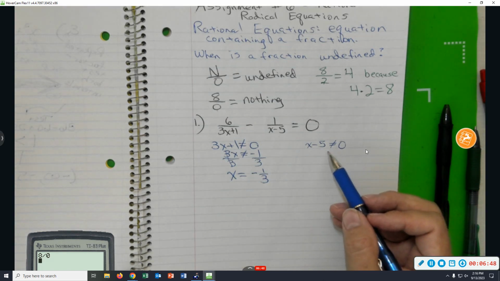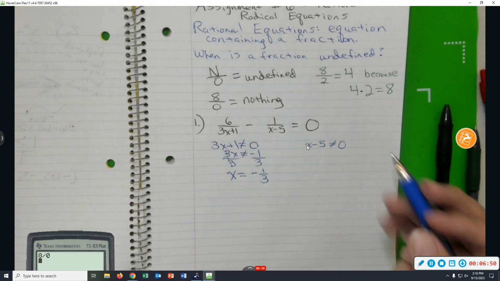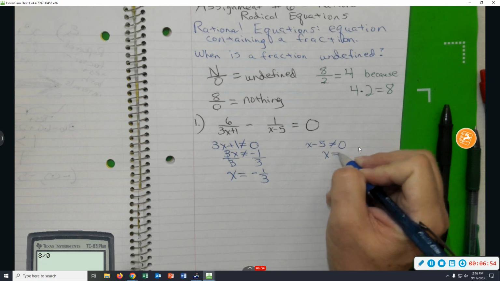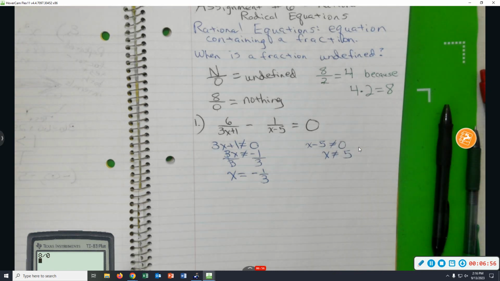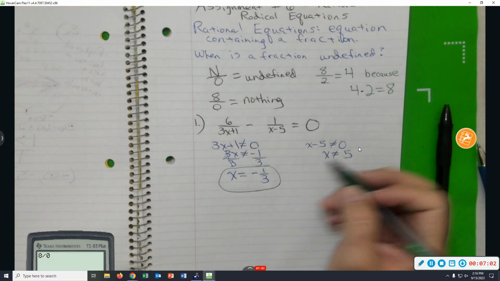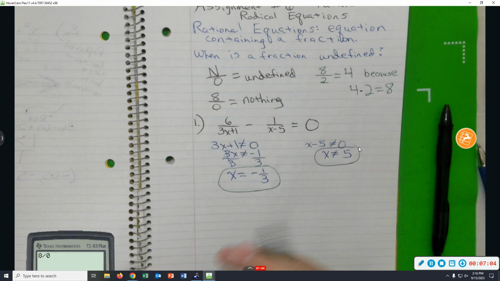Come over here. Let's isolate x. What will I do? To give us x cannot equal 5. So we have found two numbers that can't possibly be solutions. Negative 1/3 can't be a solution, and positive 5 can't be a solution. The instructions could have said,